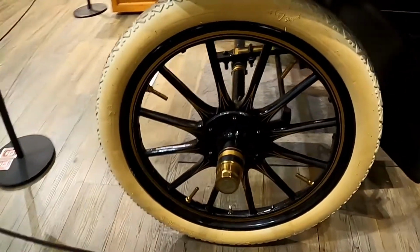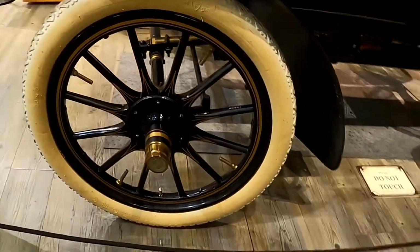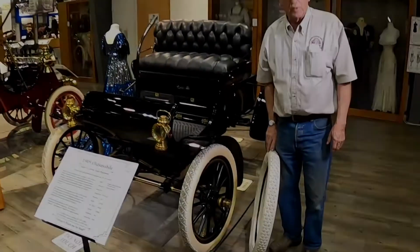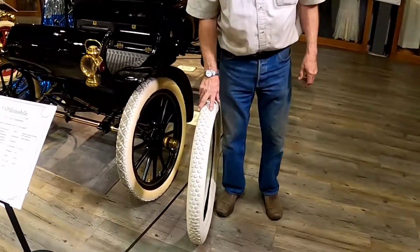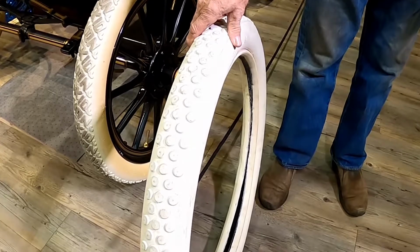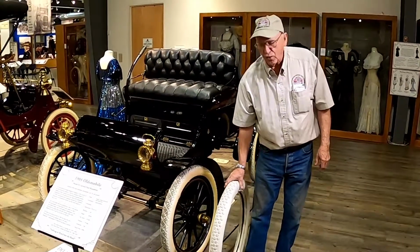And as you can see, that's what it says right on it, non-skid. And those were the real first traction tires. And then we came out with things like this. And that's another white tire. And these are just rubber. Now we do have